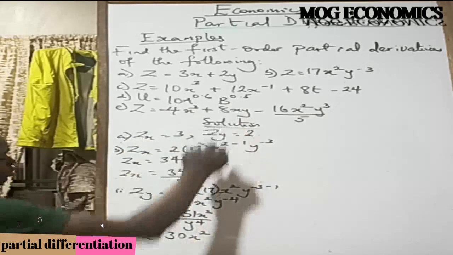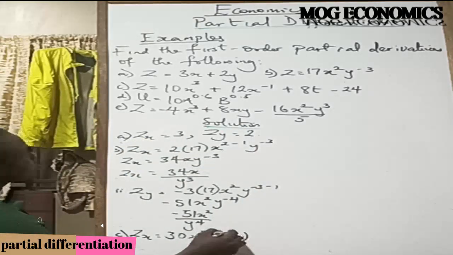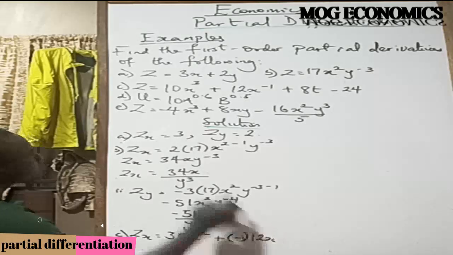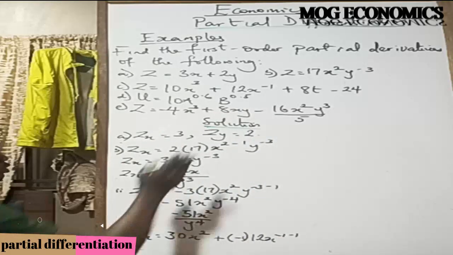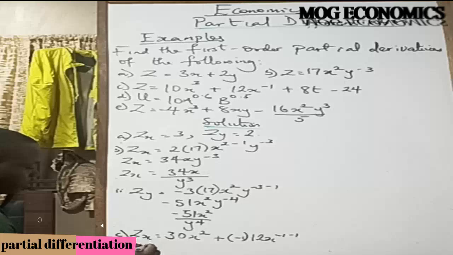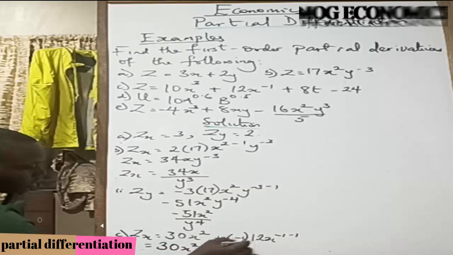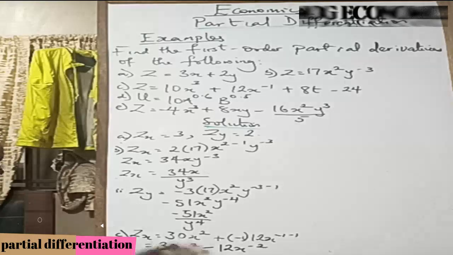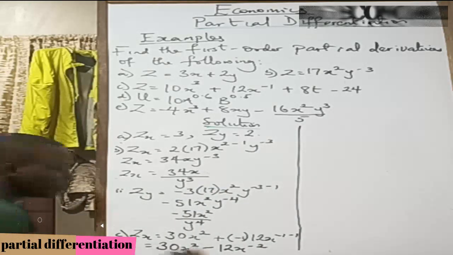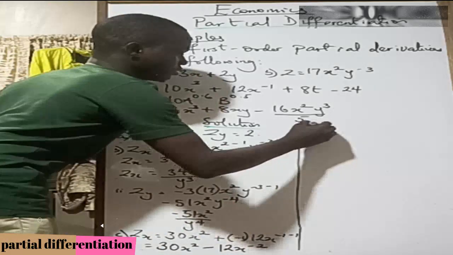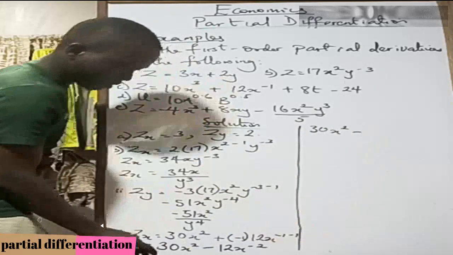Then here plus minus 1 into bracket 12 x minus 1 minus 1. Then we don't have x in 8t, so it disappears. We don't have x in 24, it disappears. So what we have left here is 30 x squared plus times minus is minus, then 12x which power minus 2. So if you want to simplify it, then 30x squared minus 12 over x squared. So if you still want to simplify, you can leave your answer this way anyway. But if you still want to simplify it, you can have 30x squared minus 12